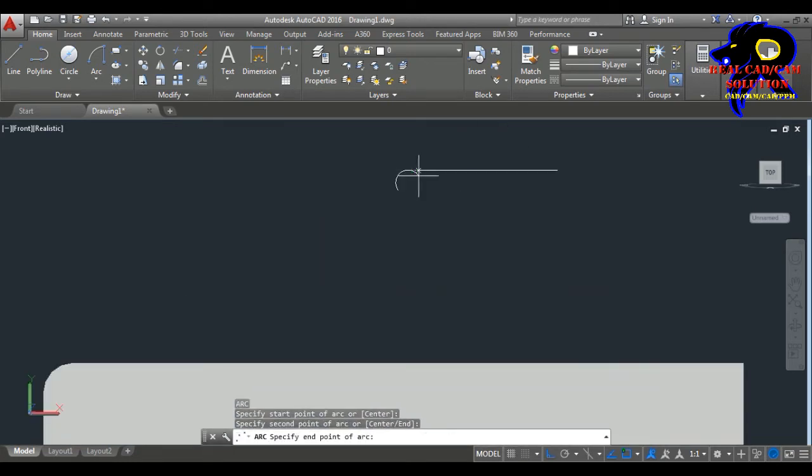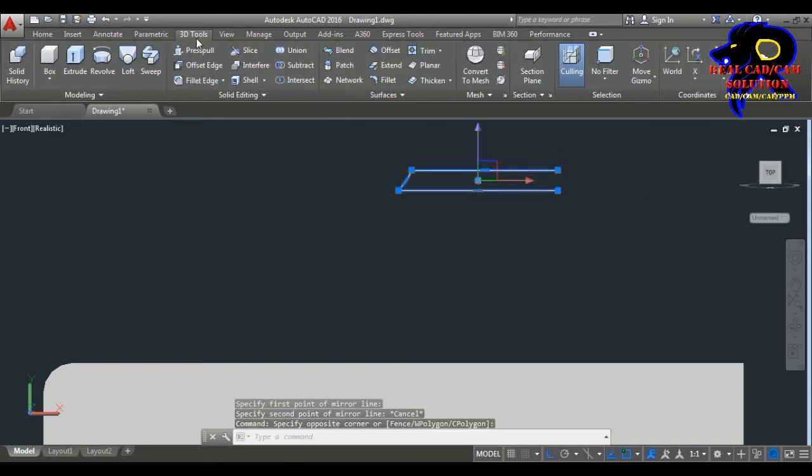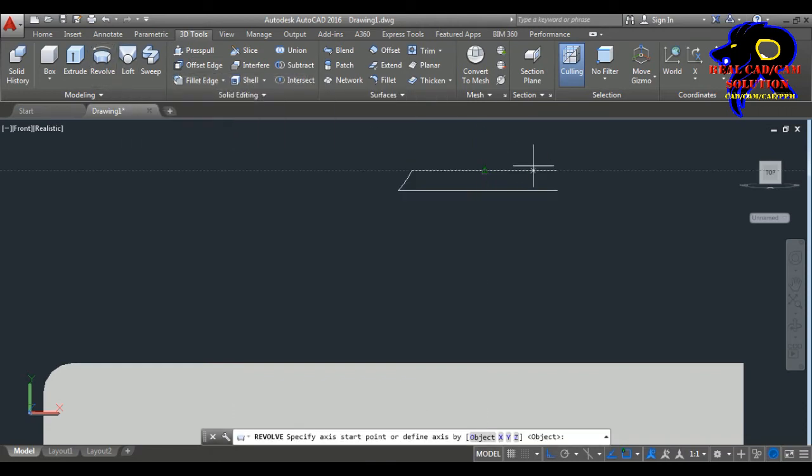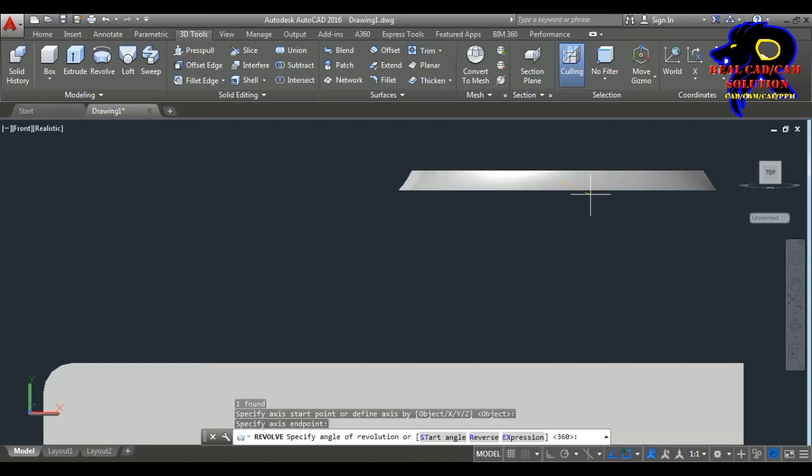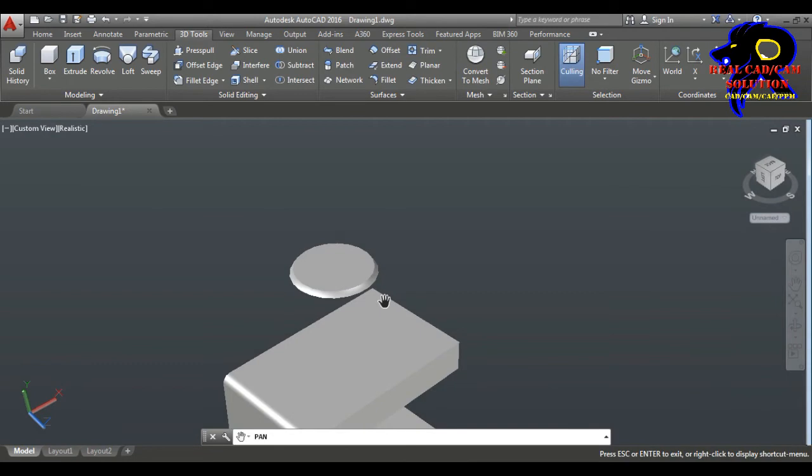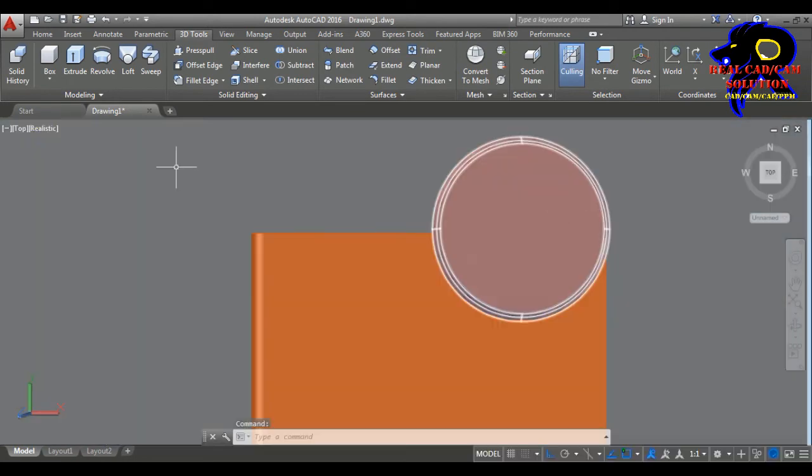I choose the top of the welded area like a loft size. Just draw like this. Go to the join command or go to the revolve section. Revolve. Okay, you just rotate towards the 360 degrees like this. Yeah, it's really nice.